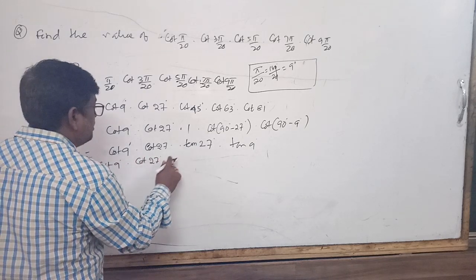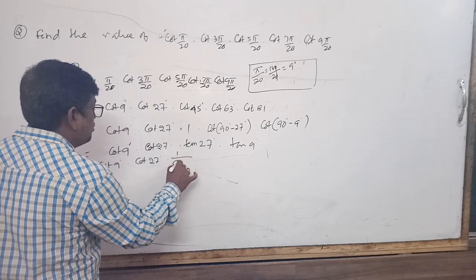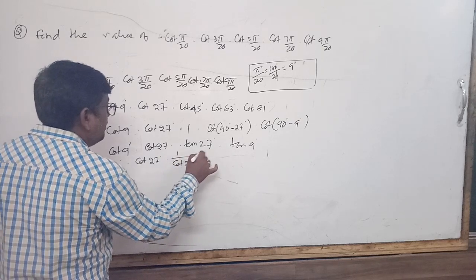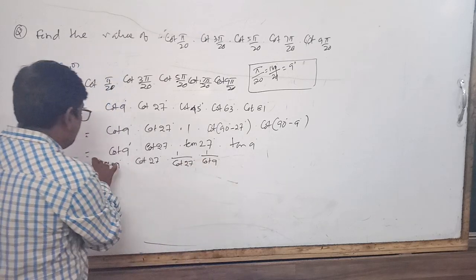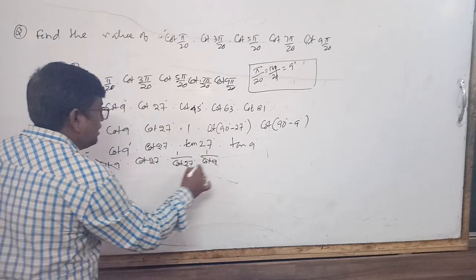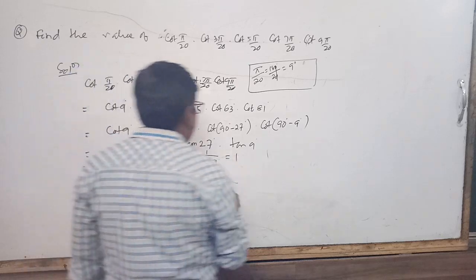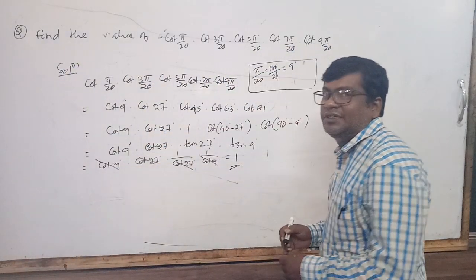So this is cot 9 degrees, cot 27 degrees, and 1 by cot 27 degrees and 1 by cot 9 degrees. This cancels, this cancels, which is equal to 1. So its value is 1. Similarly,